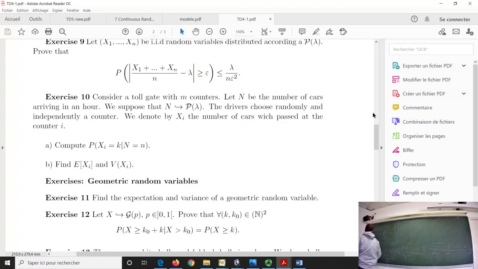So are you okay that this term goes to 1? Are you okay? I repeat my reasoning. Lambda over n goes to 0, 1 minus lambda over n goes to 1, and I have something to a fixed power. Here, I am not able to do the same reasoning because my n is moving. So my question is the following. It's something that I hope you have already seen one time. Okay, maybe you have forgotten, but